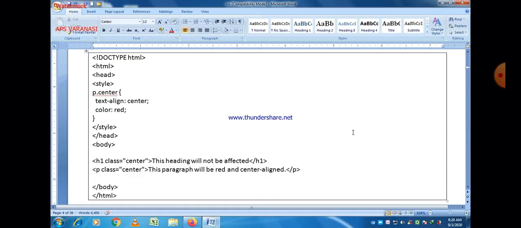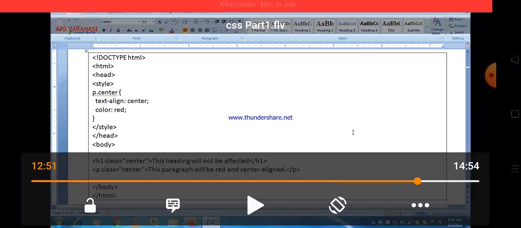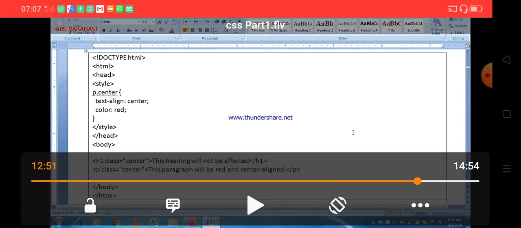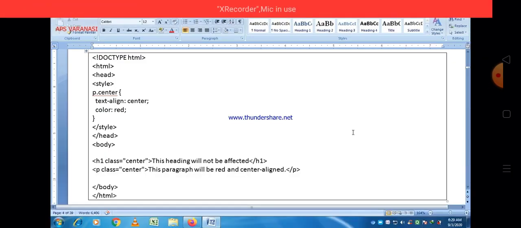That is, you can easily see that color colon red, and after that we write a semicolon sign, and there is no property value combination after that. So that is the syntax of this CSS.